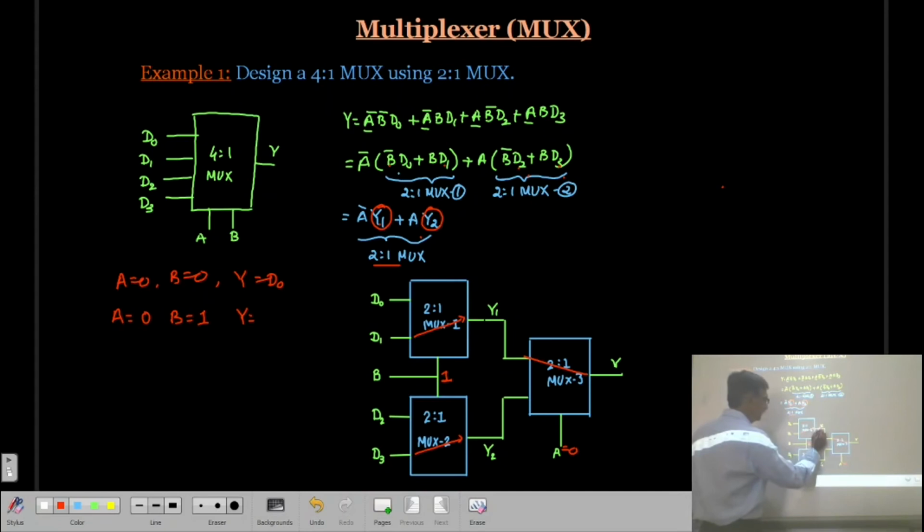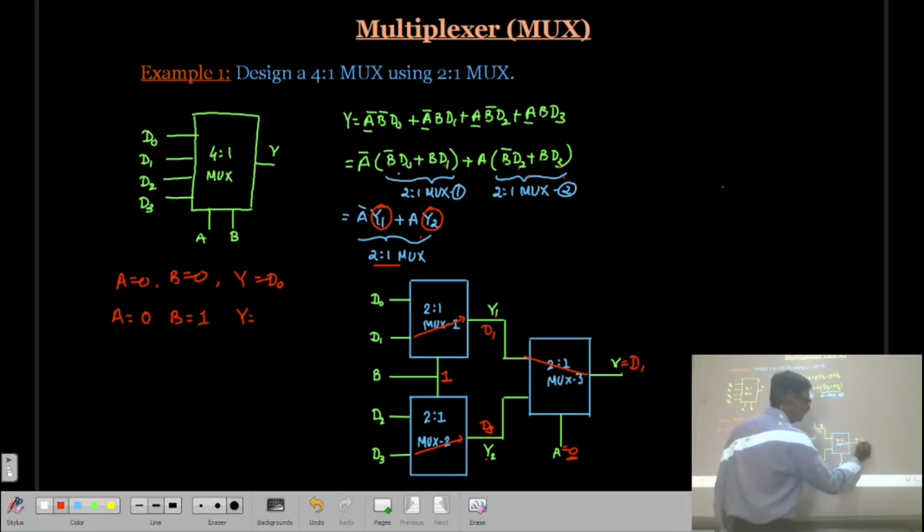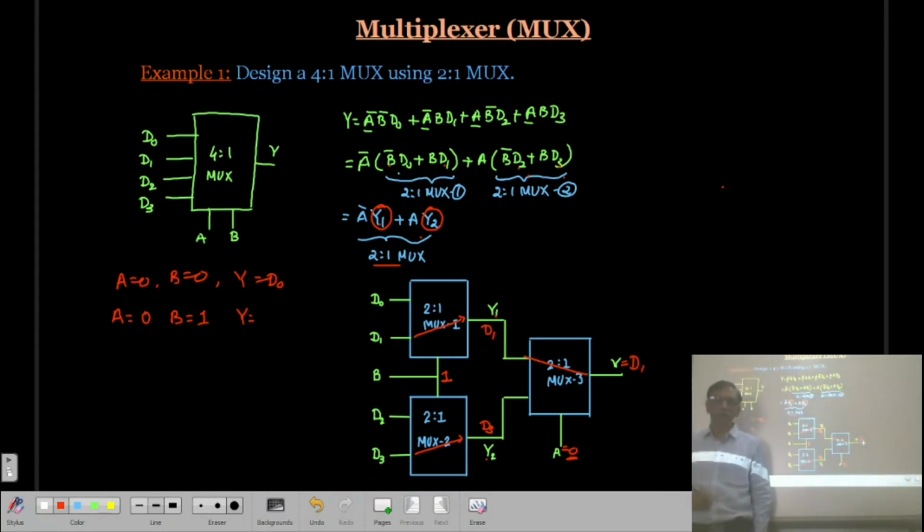So at Y1 you will get D1, and at Y2 you will get D3. But A is 0, so it is going to select Y1, so D1 is going to appear at the output. In this way, using 2-to-1 multiplexers, we can make a 4-to-1 multiplexer. Now let us see another example.